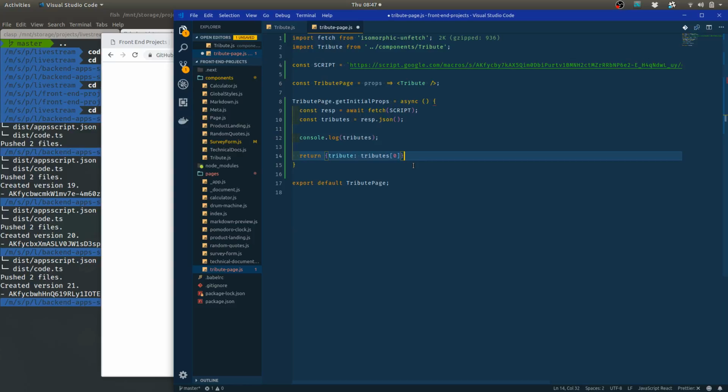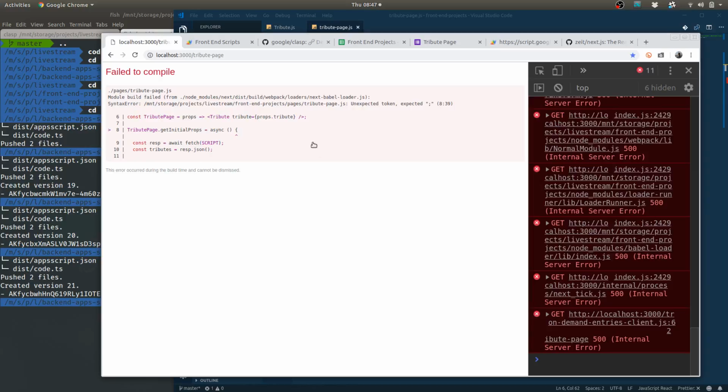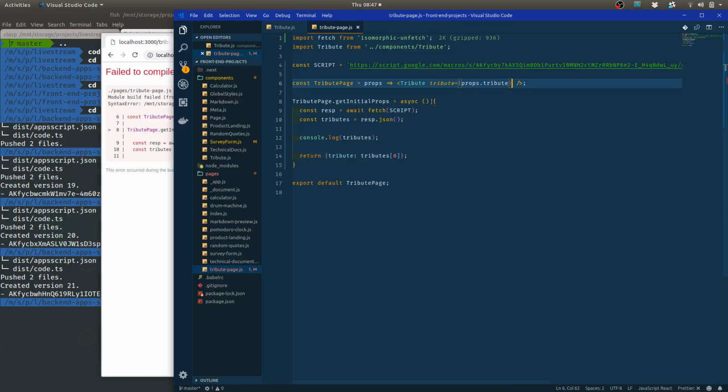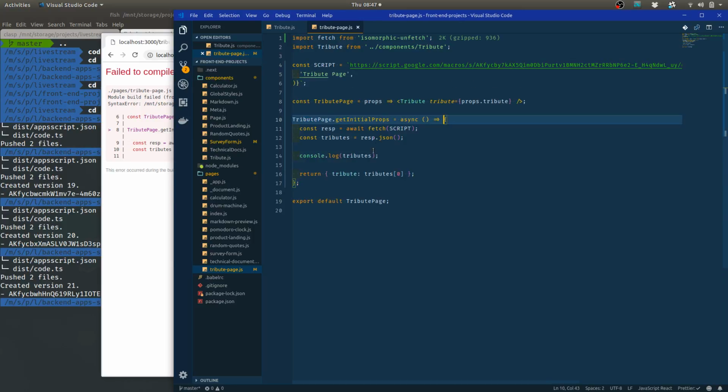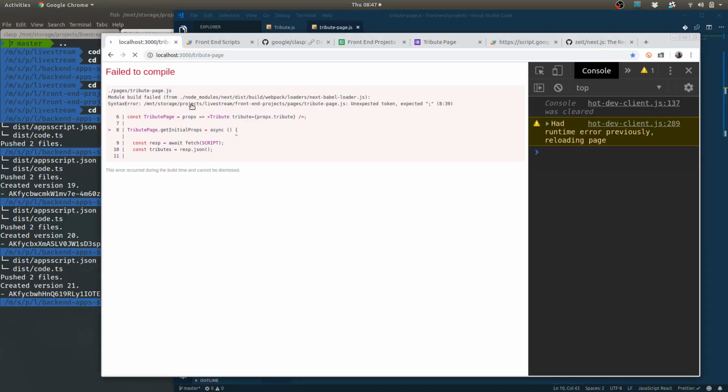I think I want to choose one randomly, because then up here in the props, I want to pass in tribute equals props.tribute. Whew, okay. How is that working? Haha. When you're writing an arrow function, you've got to include the arrow. Keyword, arrow. If you're going to write an arrow function,